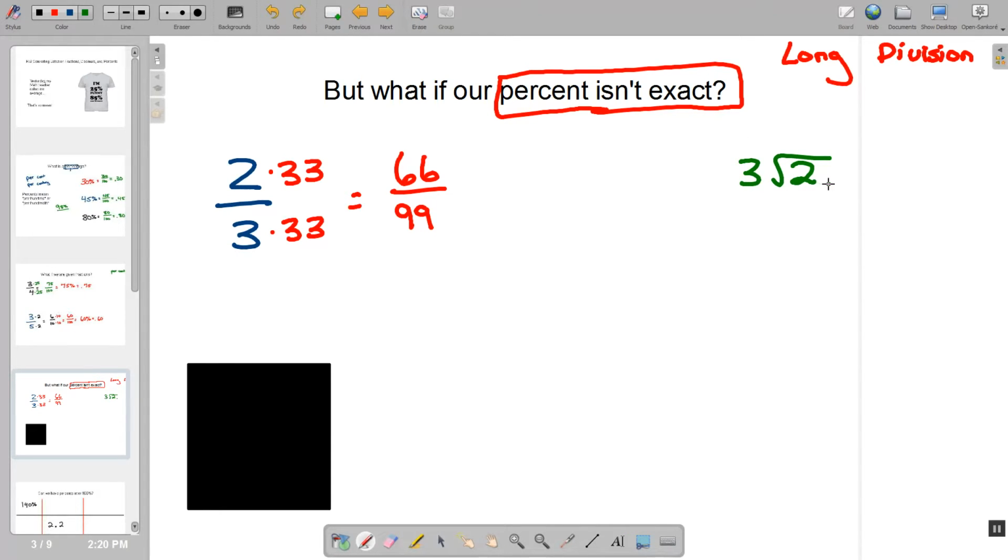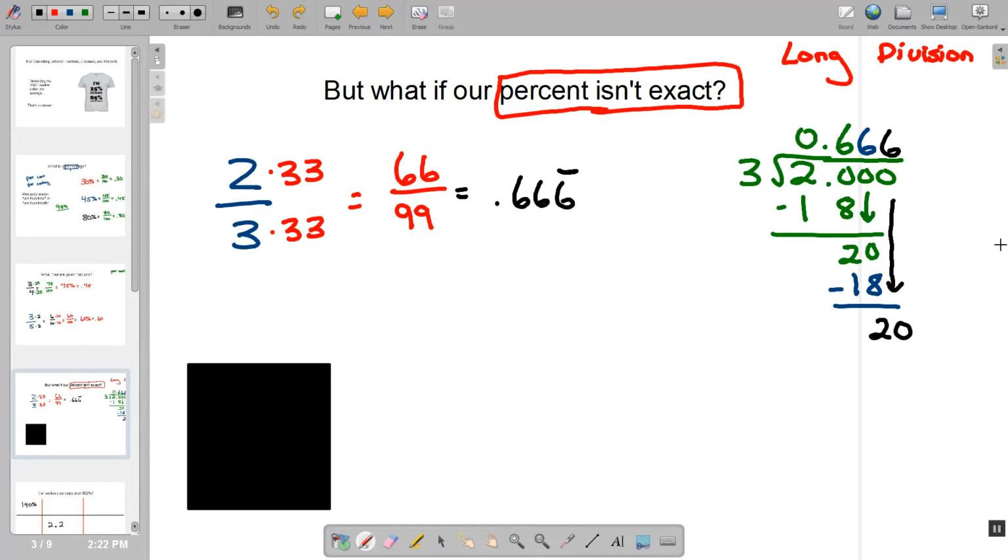And because our answer is not going to be exact, I'm going to add some zeros, and I'm going to do my long division, which I'm going to pause for you because you've seen this before. Notice here we ended up getting the decimal 6 repeating. And if we remember once again that percent means per century,